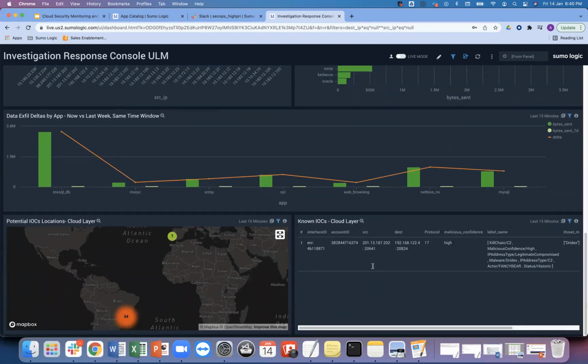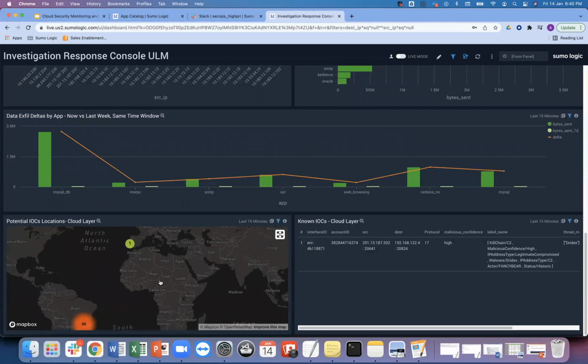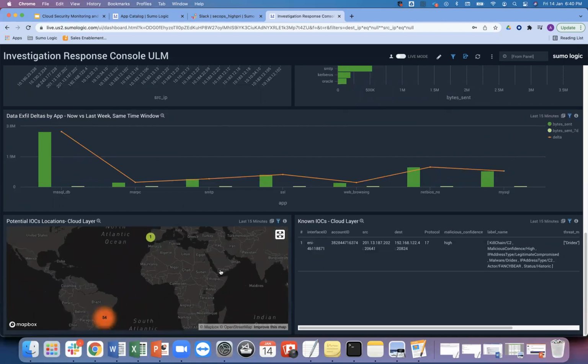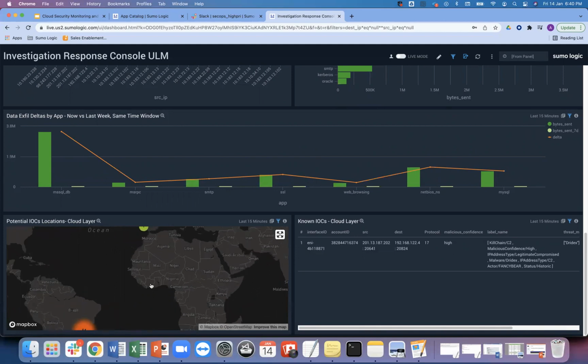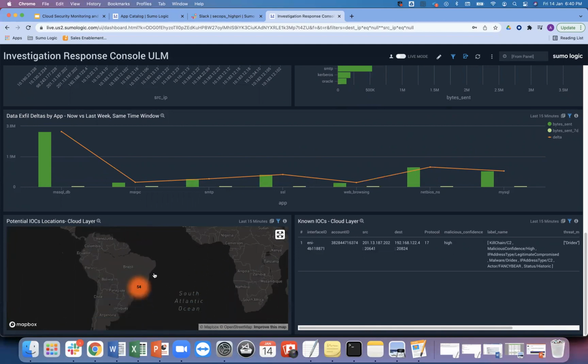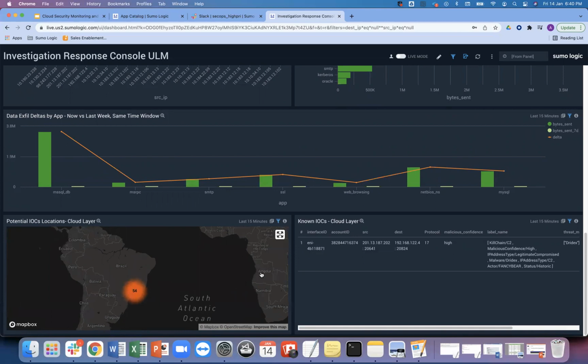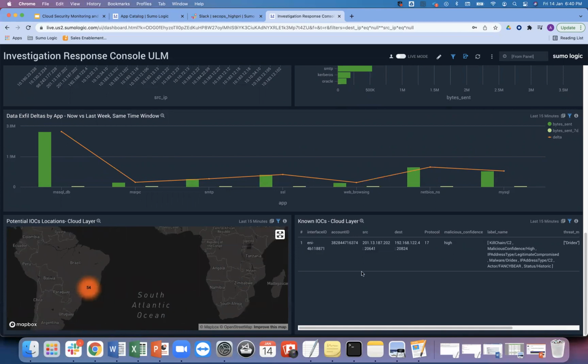Now, coming to this particular map, I can also see from where the IOCs are happening, which location, from where things may be going wrong, right? And then I can go to the street views and see whether there is something going on in a particular geography or not. Beside that, I can see that